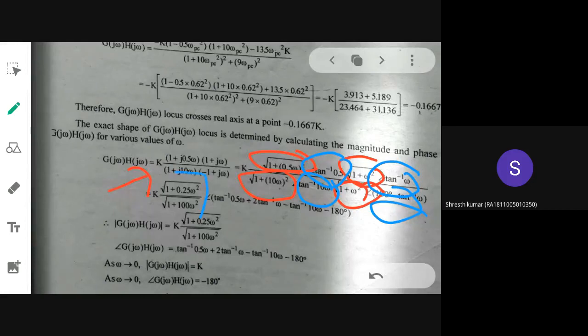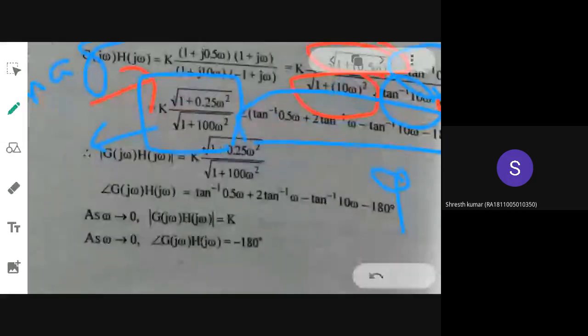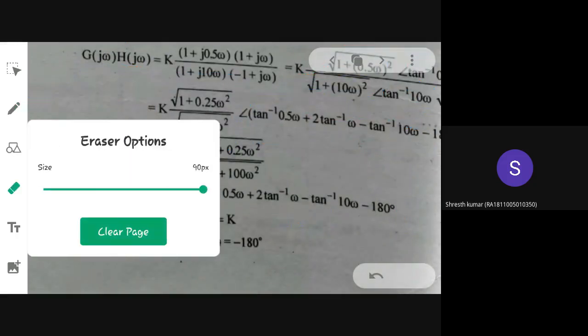So separating it, this will be your magnitude expression, and this will be your phi, the angle expression. In this you are substituting two values. You can substitute extra values also to obtain accuracy of the plot, but the two important values that you need to substitute are omega equal to 0 and omega equal to infinity, to see what happens to the plot. Those two features you have to determine mandatorily. So that they have done here.